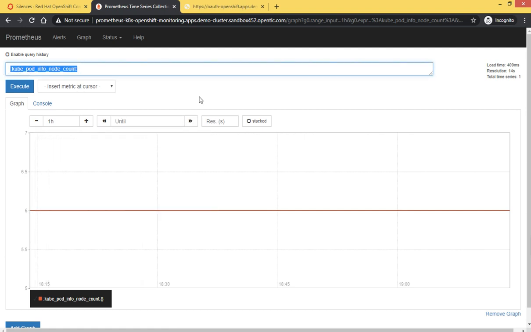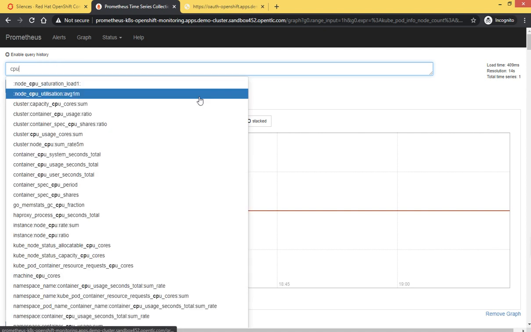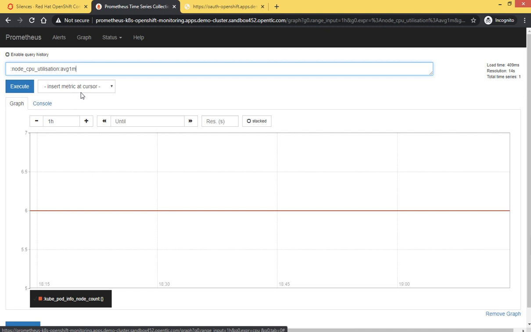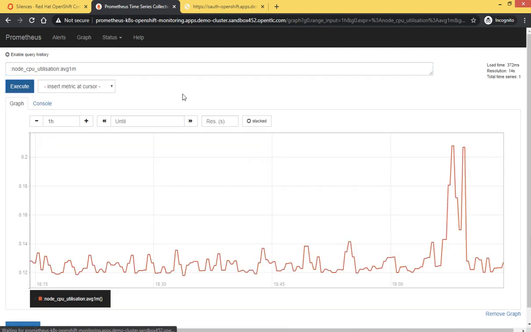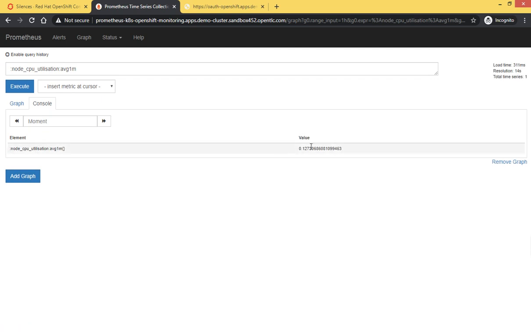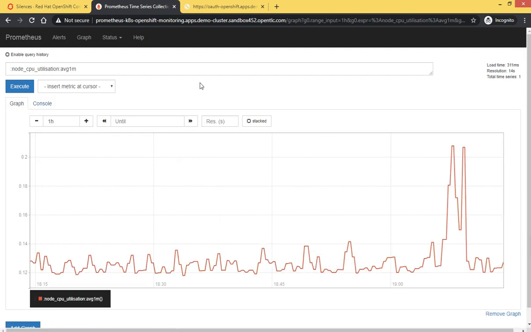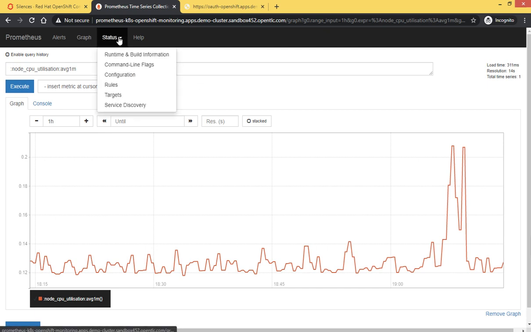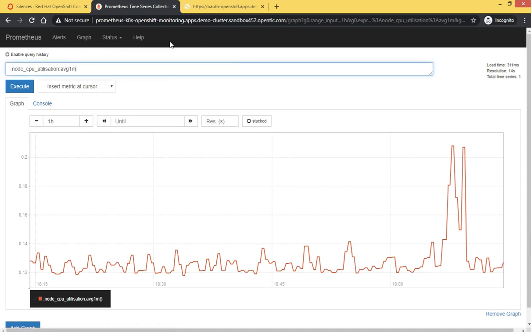So we'll check CPU utilization, average 1 minute, will execute, and you can see the graphs, and on the console we have details as well. So like this we can see the metrics, different metrics we can set here, and there are other tools, targets, and different things here.